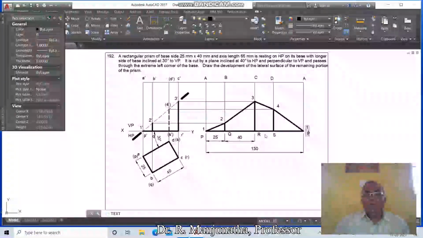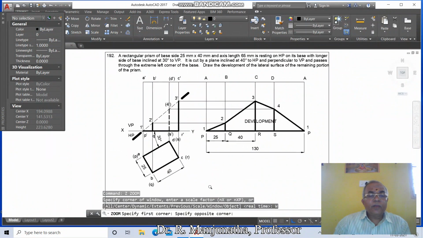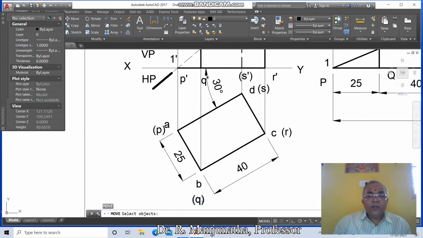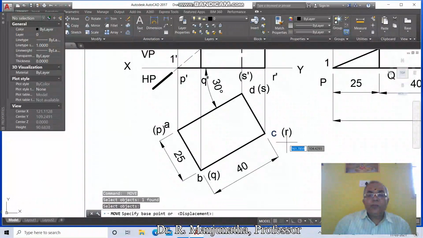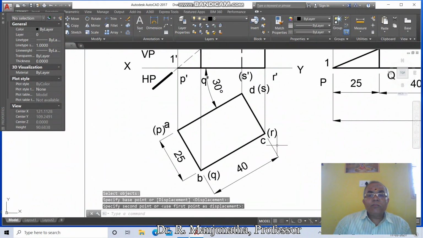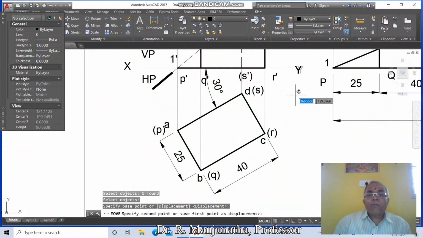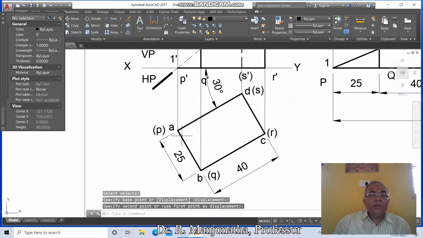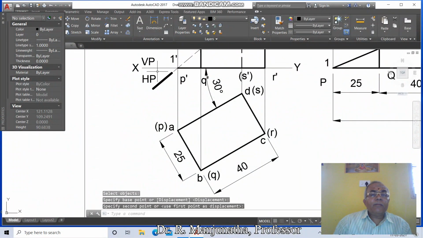Then you come down to development, then go to zoom window, select this bottom, then go to put on the ortho mode, move this B, you move this Q, similarly you move this C, you move this R, you move this D, you move this S, you move this Y, you move this A, you move this P, then come down to X, come down to VP, come down to HP,